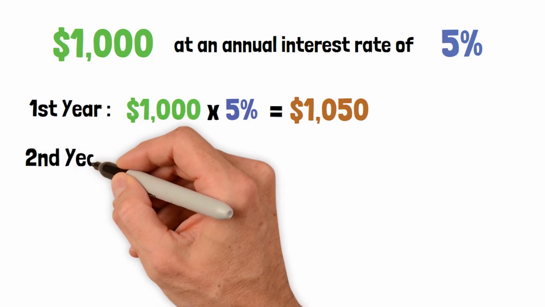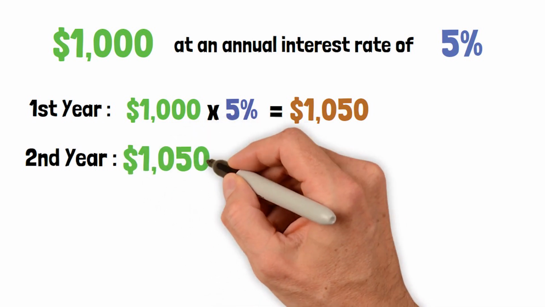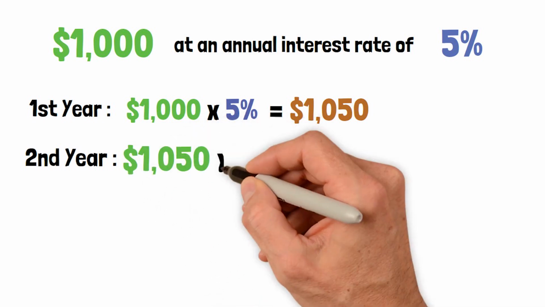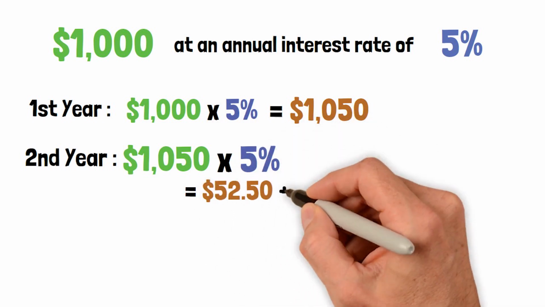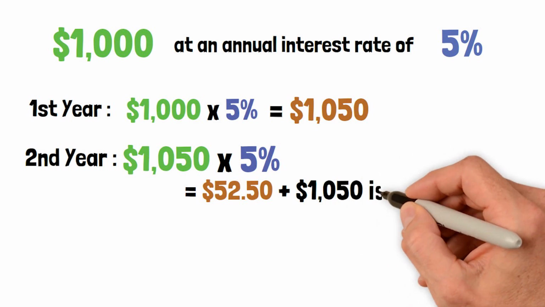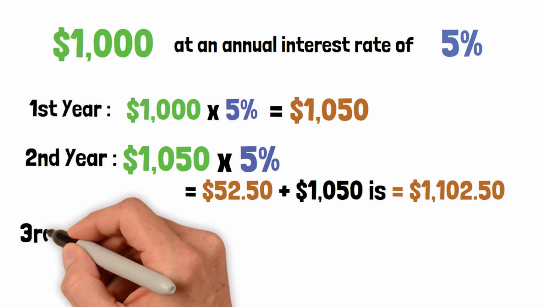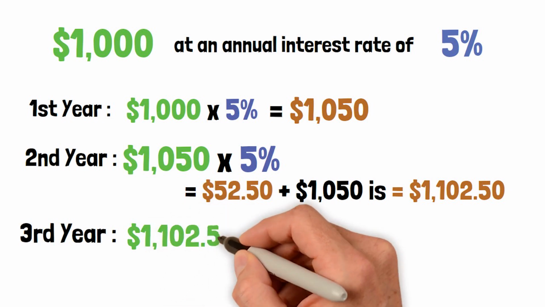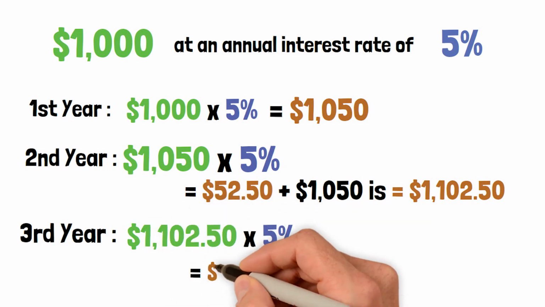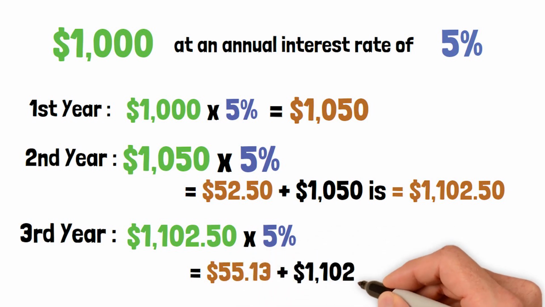In the second year, you don't just earn interest on your initial $1,000. You earn interest on your total amount of $1,050. This time, 5% of $1,050 is $52.50, bringing your total to $1,102.50 at the end of the second year. Let's keep going. In the third year, you earn 5% on $1,102.50, which is about $55.13. Adding this to your balance gives you